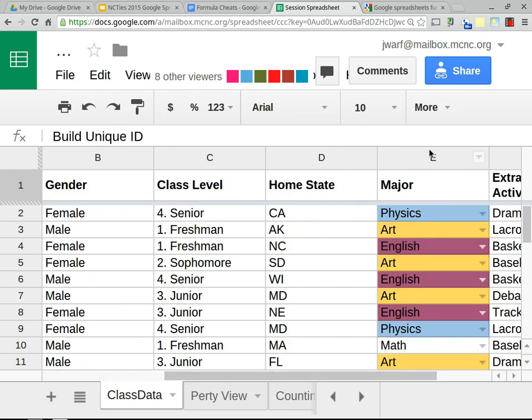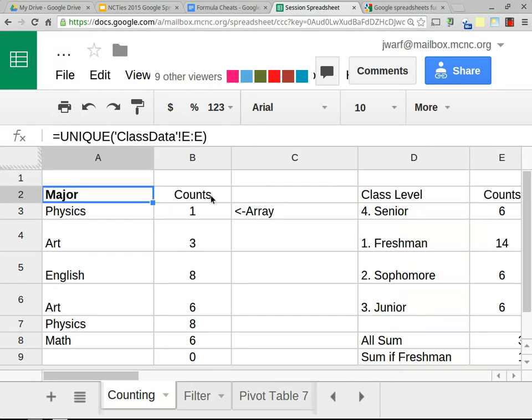I'm telling it to pull my majors column. The reason I'm telling it E to E is to go all the way down the page. If you don't signify to go all the way down the page, it stops at the area that you tell it. So if I go back to my counting,